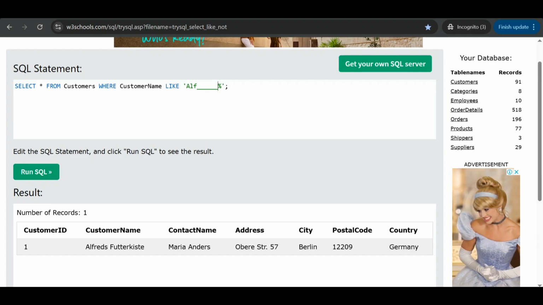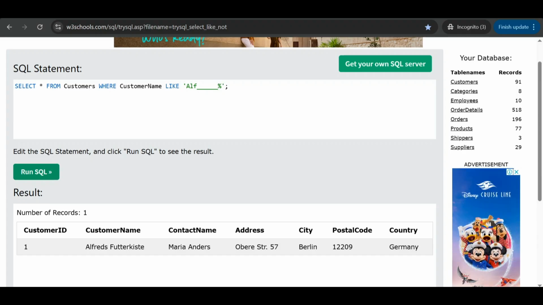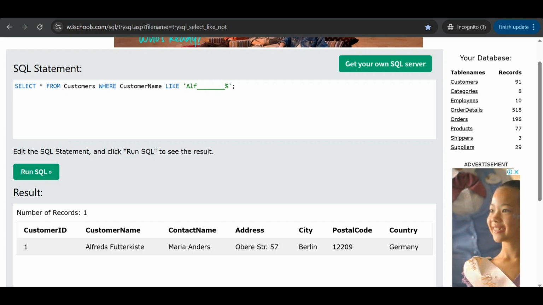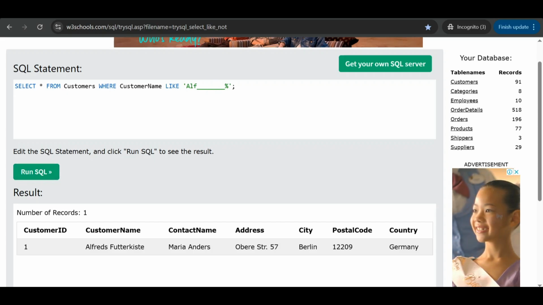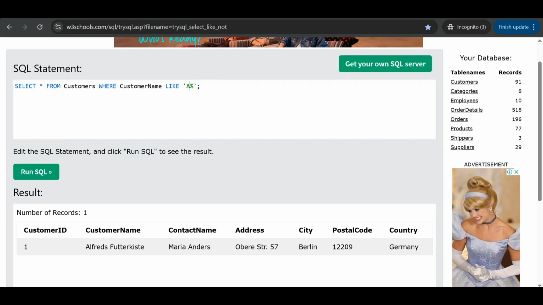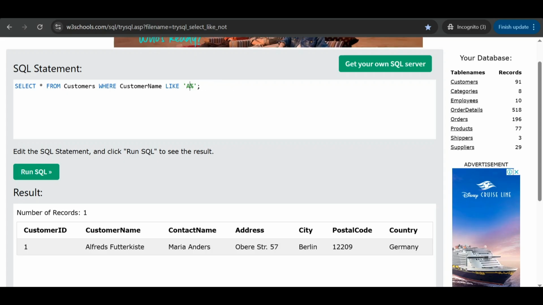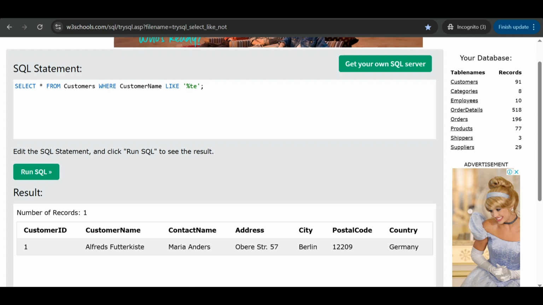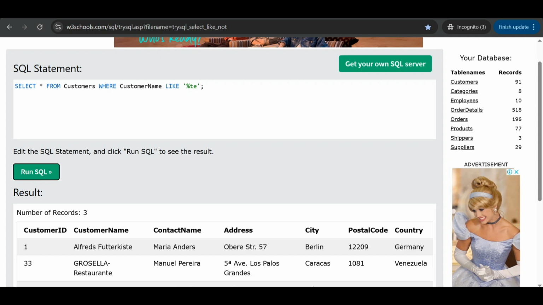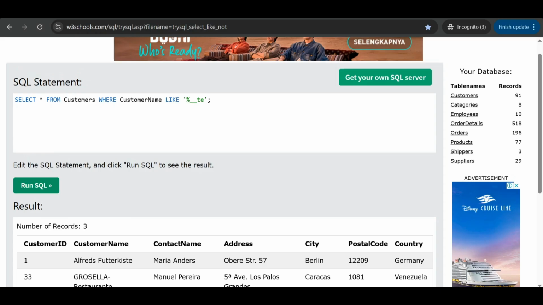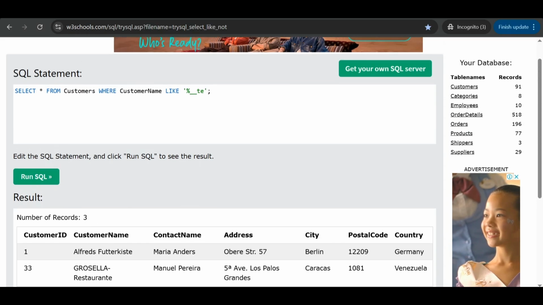It also shows the value. And what about TE? The result is like this. This is also like this.